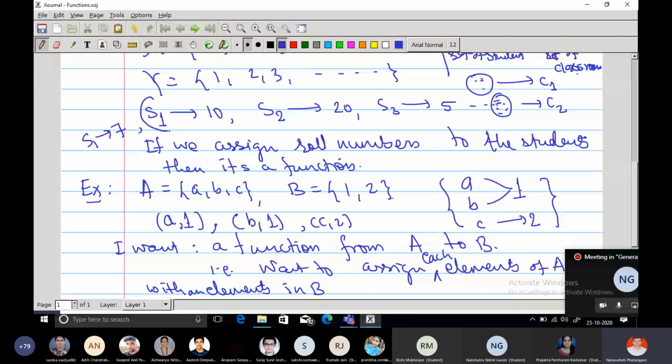Or logically, many students can have the same classroom, but if you assign two distinct classrooms to division A, suppose C3 and C1 are assigned to division A, then what will happen? Suppose I assign two distinct classrooms to the same class. What will happen? And suppose there is a mathematics lecture at 1 o'clock. Logically, see, we are talking about logic. Mathematics is all about logic. So logically, what will happen? There will be chaos,